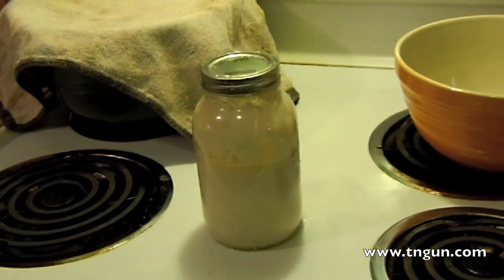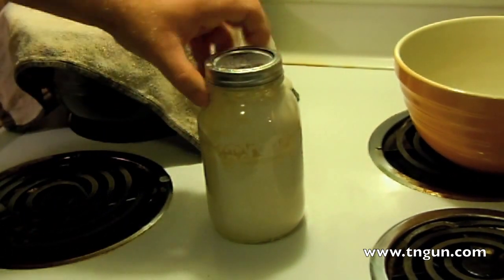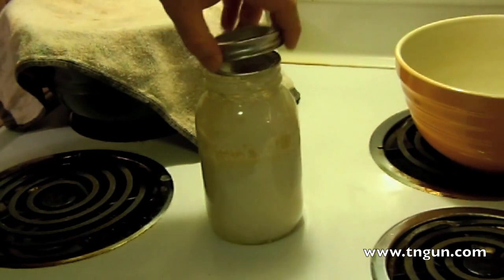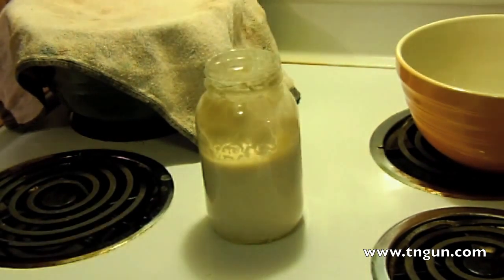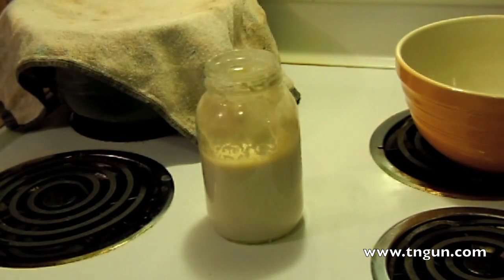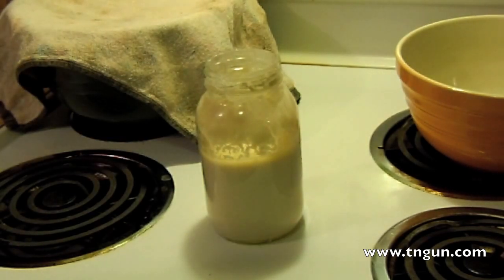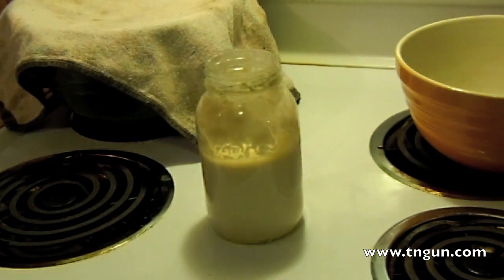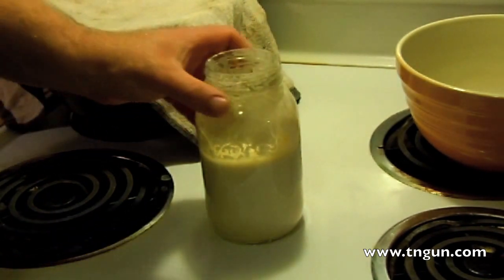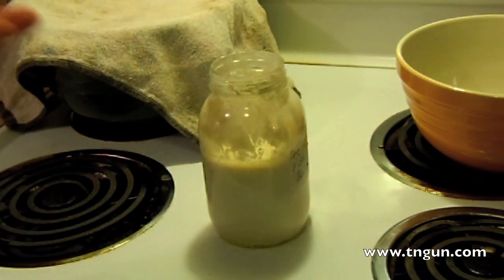Alright, here's my starter, and we normally keep this in the fridge except for on the weekends, because if we keep it in the fridge it kind of slows down, doesn't eat as much. And then on the weekends I bake, and every time you use some you want to feed it, and I want to give it some time to build up more yeast before I put it back in the fridge and slow the process down. So I pull some out about Saturday, and I feed it, and then I put it back in the fridge